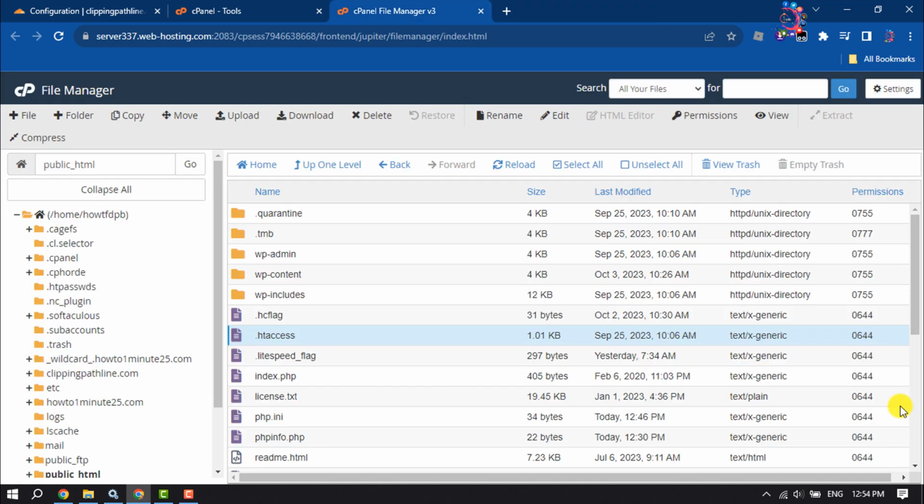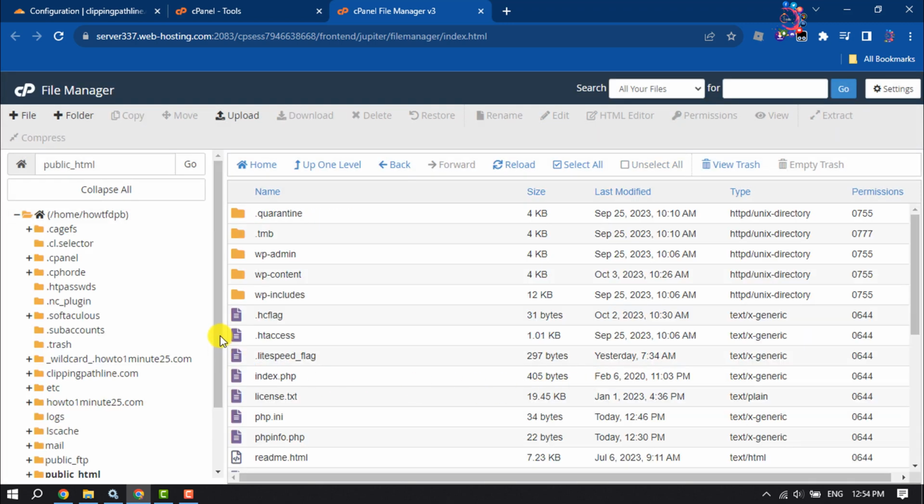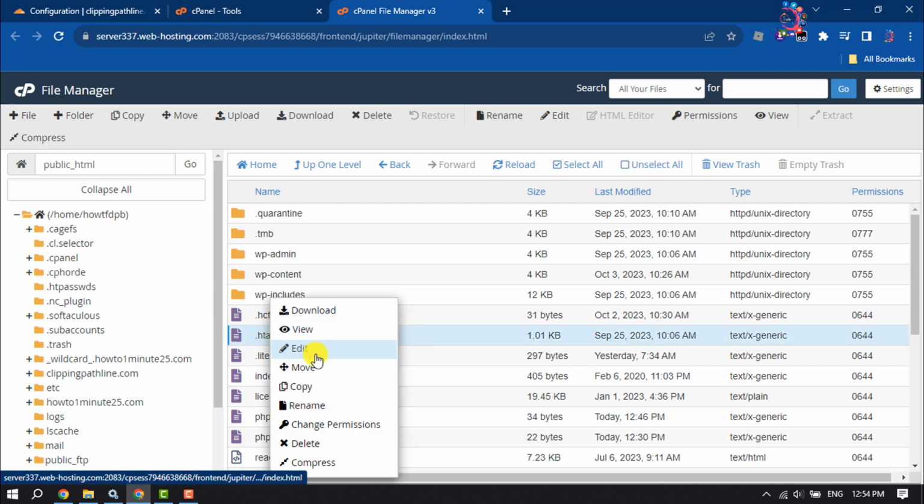And now we need to add a LSPHP directive rule to our .htaccess file. To do that, again open your website directory, click on settings, enable show hidden files, and click on save. Now search for the .htaccess file, right click on it and edit,